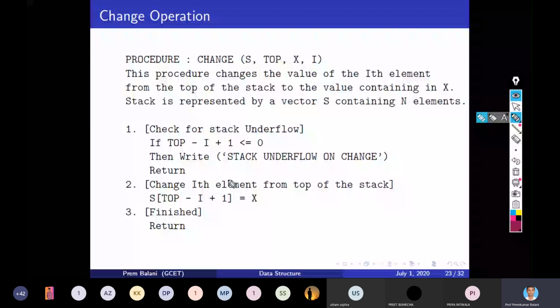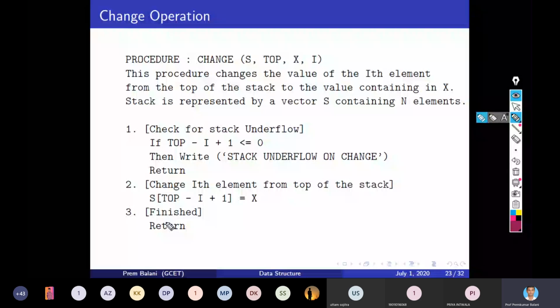So this is the short description of this procedure. Now suppose in the stack you want to change the value of some ith element from the top of stack, then you can use this procedure.